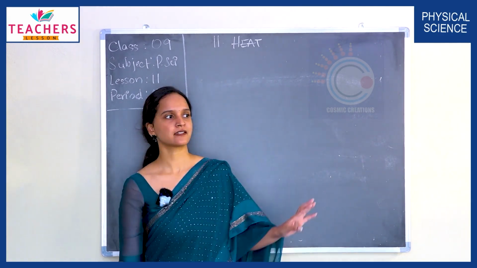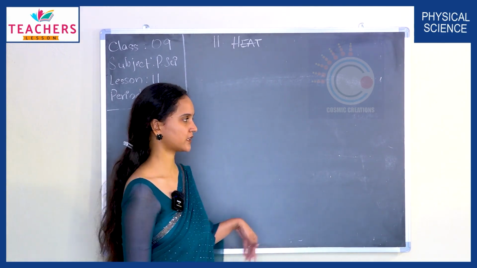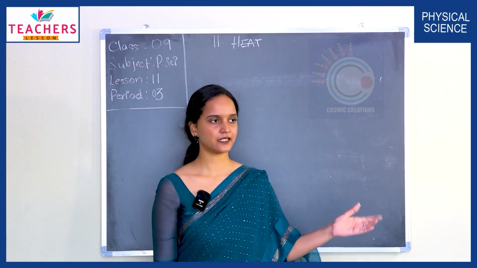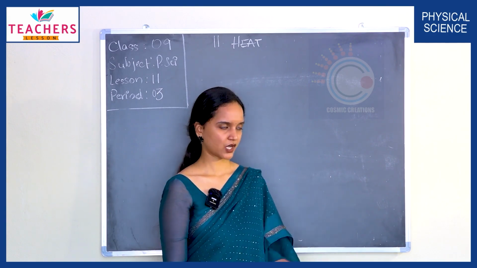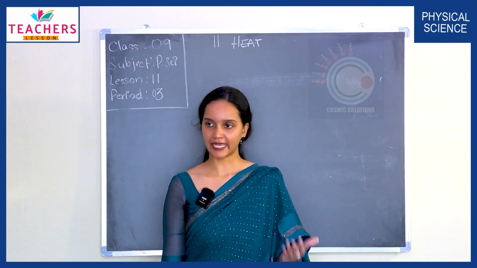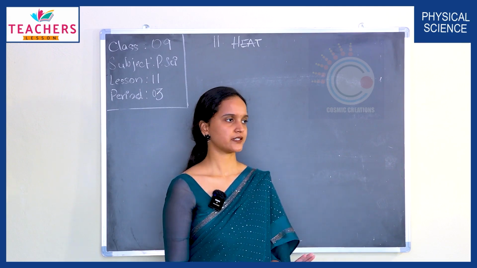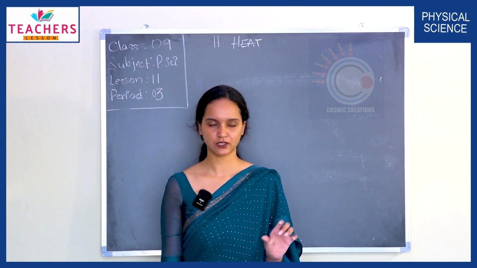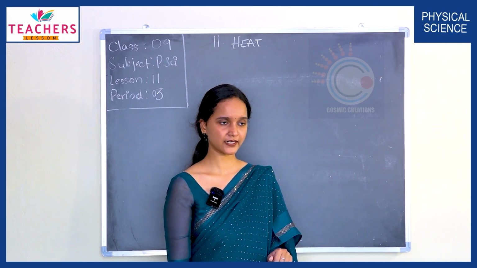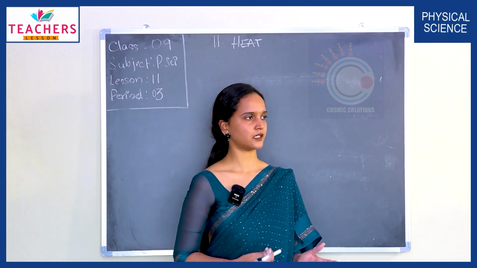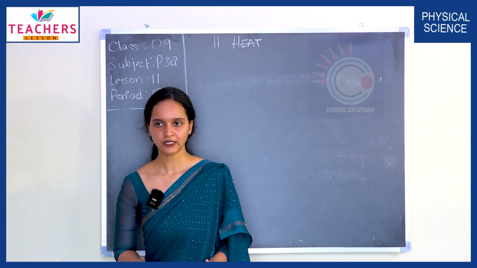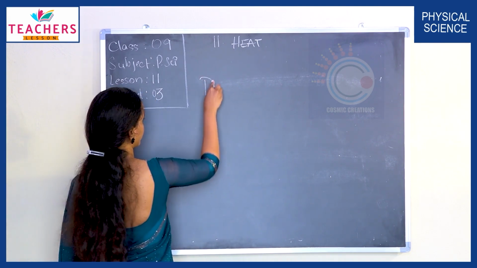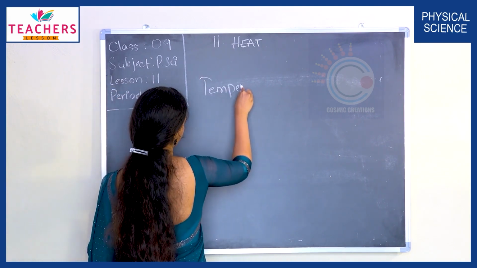All right. What have we discussed in our previous session? We talked about the units of heat and units of temperature, right? Heat is measured in calories and joules. Temperature is measured in kelvins and Celsius scales. The temperature measured on Kelvin scale is called as absolute temperature. Correct? And we also talked about thermal contact and thermal equilibrium. Today we'll be discussing the relationship between temperature and kinetic energy.